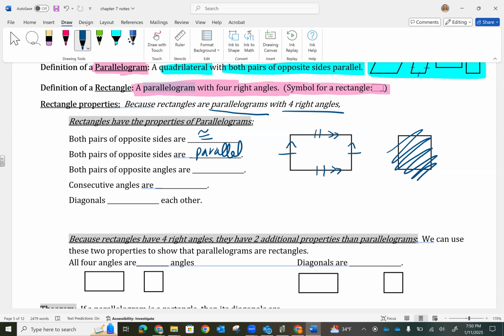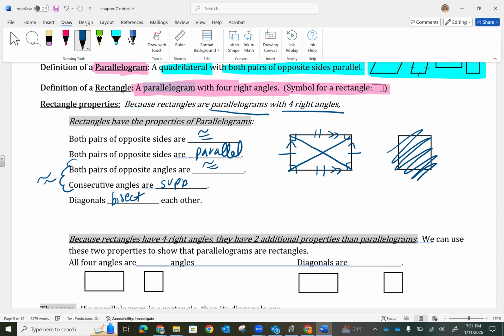Opposite angles are going to be congruent, and consecutive angles will be supplementary. But in this case, these are kind of weird things to say because in a rectangle, all the angles are 90. So of course, opposite angles will both be 90 and consecutive angles will both be 90 because they make 180. So these are true, but not the most helpful. The diagonals still bisect each other. And not only do they bisect each other,